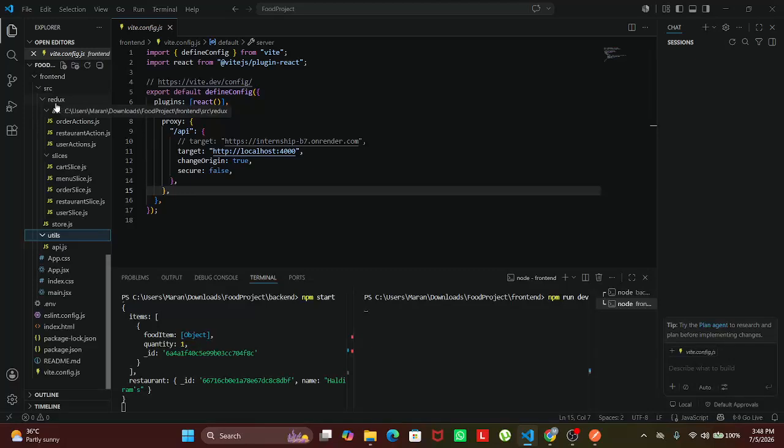The front-end overview. Technology stack: React.js, Vite, Redux Toolkit, React Router, Axios, CSS, Bootstrap, whichever you are using. The user's homepage displays all available restaurants, lets users search and browse restaurants, sort restaurants by rating and reviews, and filter pure veg restaurants. Restaurant details show restaurant information,